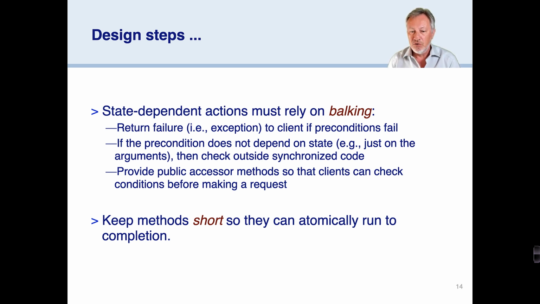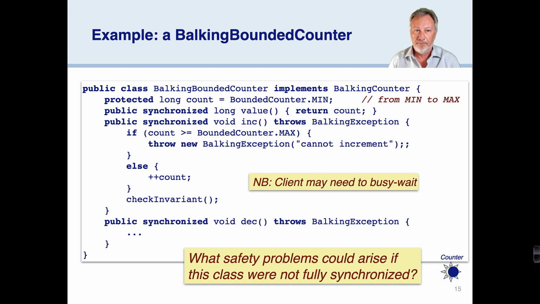Finally, you want to make sure that your methods are short so that you can be sure that they run to completion. Here's an example that we'll see variants of over and over again in the coming weeks. So it's a classical example of an object that requires some kind of synchronization because it has guards. A bounded counter is a counter that counts from some minimum value to some maximum value. So here we have